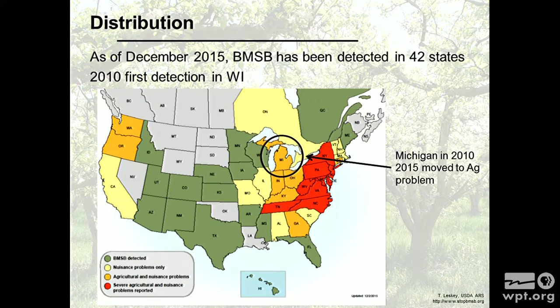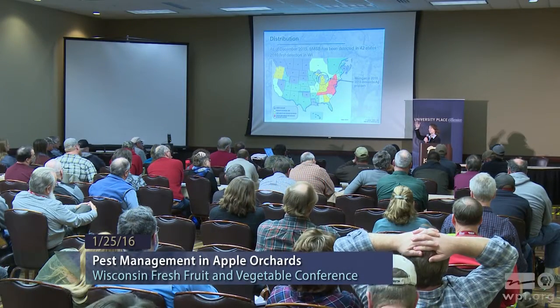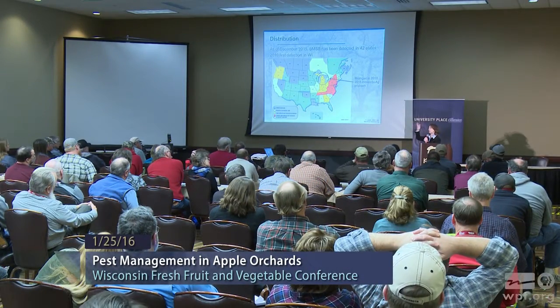So what happens in every state where there's a problem with brown marmorated stink bug, you go a couple years with it's detected, it's there, we know. We see them around houses, then the numbers start building up. And then once they pass a certain number, we don't have a threshold for that, but at some point, that's when they start going into agricultural crops. We're 5 years from the first detection. We're getting to that point of the numbers going up.